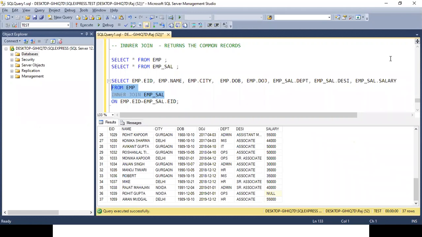While making joins, it is not at all mandatory that the tables which we are joining should be in a relationship. The only requirement we have is that there should be a common field, nothing else. Clear?